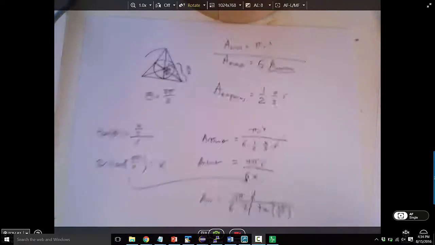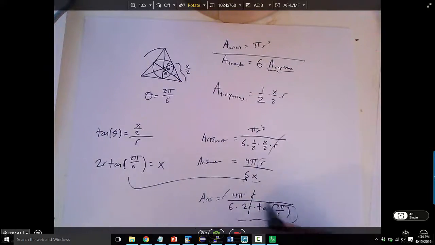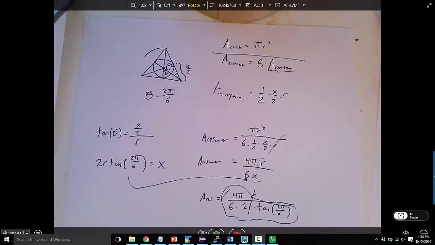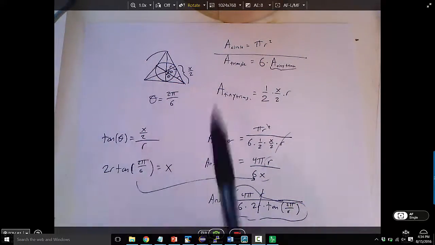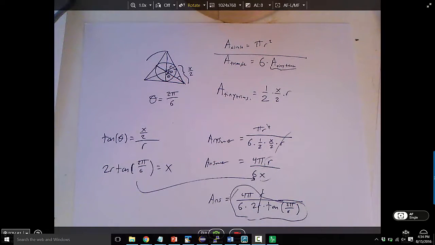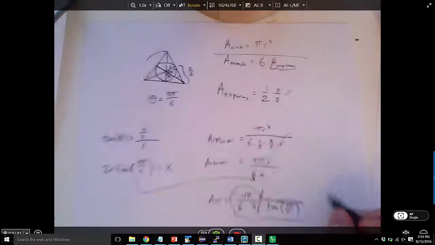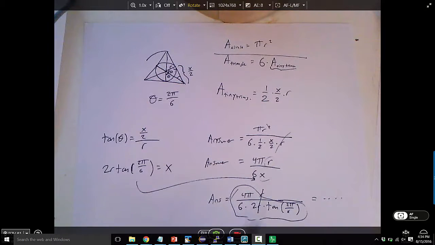So now my last two r's cancel, and if you look at this, these are all numbers. So my final answer should be a constant, which is what I expect it to be because of what I said before. I expect this ratio to be constant because it doesn't depend on the size of r or x. If you want to, you can simplify this out the rest of the way. You should know what tangent 2 pi over 6 is. You can just think about it on the unit circle and so forth. I'm not going to do that right now because I think the most important thing to focus on was this